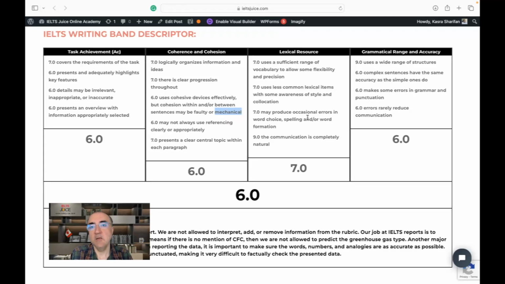And then the case for grammar, as I told you, gives us not the message that we actually wanted to hear. So all in all, yes, this essay is rightfully, no, I'm sorry, this report is rightfully 6. There is a lot of room for improvement here,